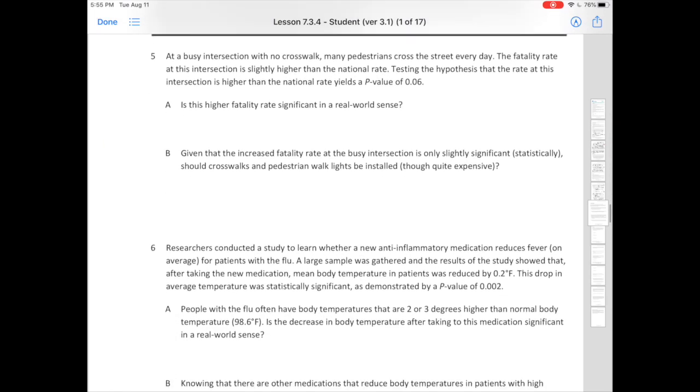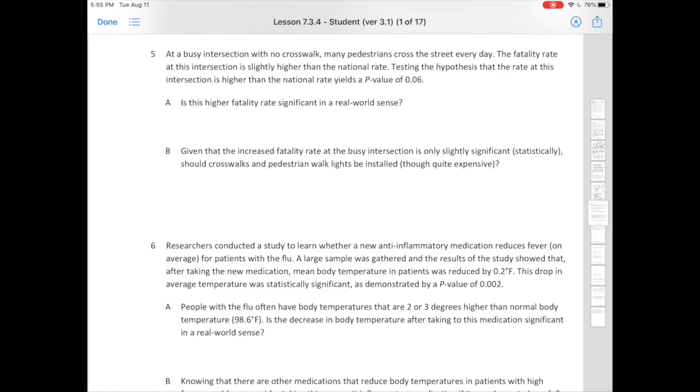Let's look at 5. At a busy intersection with no crosswalk, many pedestrians cross the street every day. The fatality rate at this intersection is slightly higher than the national rate. Testing the hypothesis that the rate at this intersection is higher than the national rate yields a p-value of 0.06. Now, is this higher fatality rate significant in a real-world sense? I would say